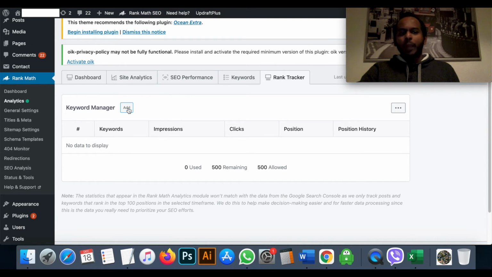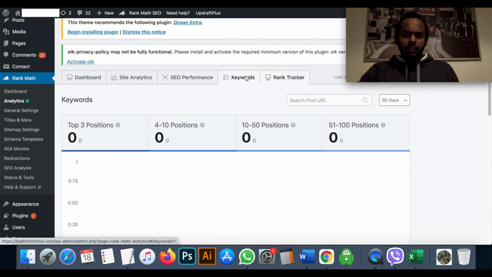And do we have to add our keywords? Because there is another keywords tab. I think Rank Math is supposed to bring this data, right? That's why I was waiting for 2 days. I thought, okay, maybe it will take some time to crawl all this data, and that's okay, right? But unfortunately, it's not.